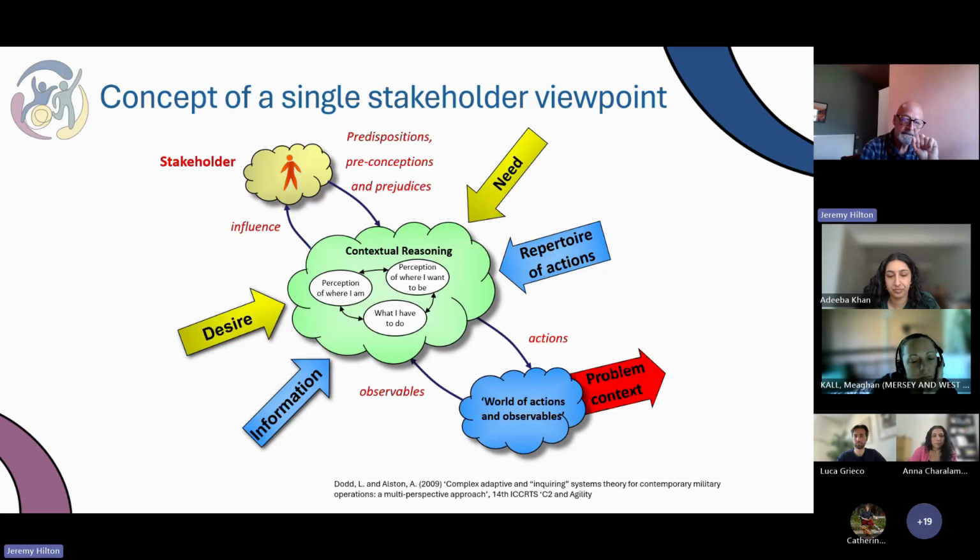And the repertoire of actions is an important one, because one of the things we need to find within Sprocket is, do all the current stakeholders we've got have the actions necessary to achieve the improvement to the transformations? Is there somebody there, at least somebody amongst all the stakeholders, who can do what we need to do? But behind this, we can go into more detail later on, is that our repertoire of actions isn't constant. It can change based upon what constraints are put upon us, but also the strength of motivation.